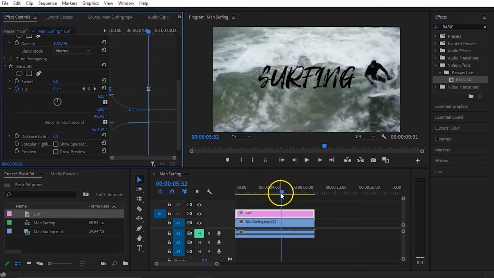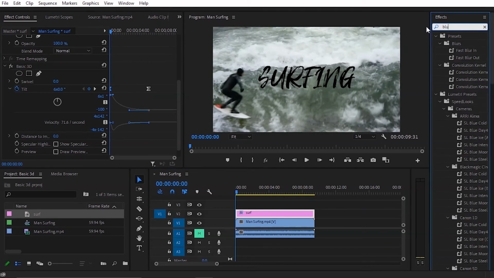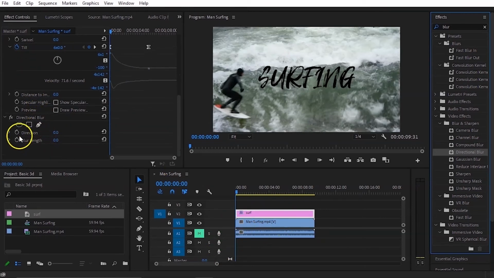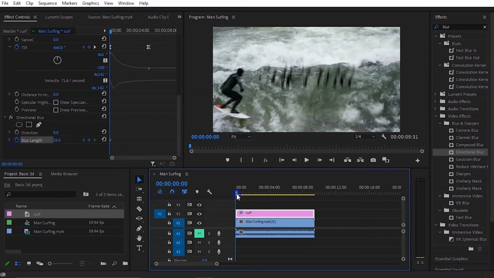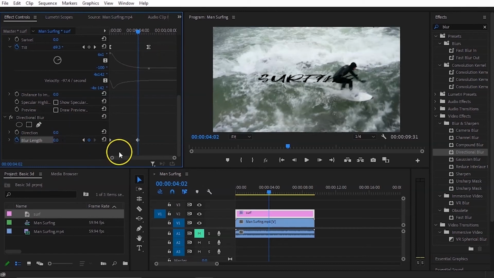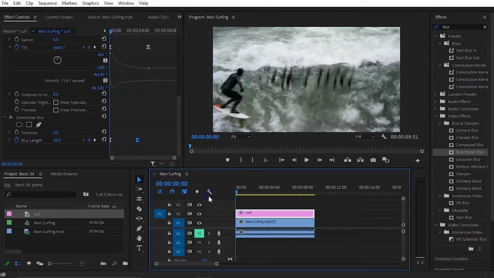There we go. Now let's take it up a notch and we're gonna add a blur to the spinning. Let's make it a wheel. Type in blur here and then select directional blur. Apply the effect to the legacy title. Scroll down, find blur length. Okay, I'm gonna change the value to 26. Add the keyframe and then move right here. Before the spinning stops, I'm gonna add another keyframe. This one is 0. And same thing, ease out and ease in. Now if we play,